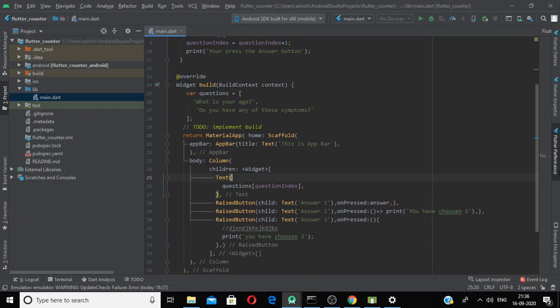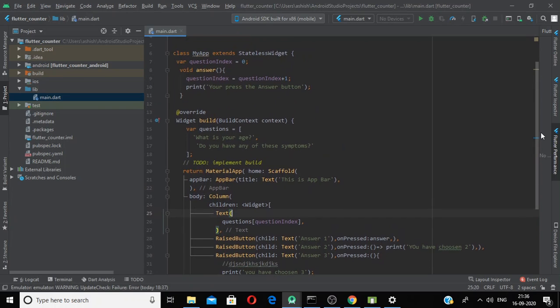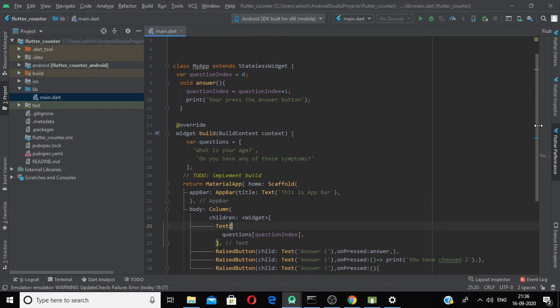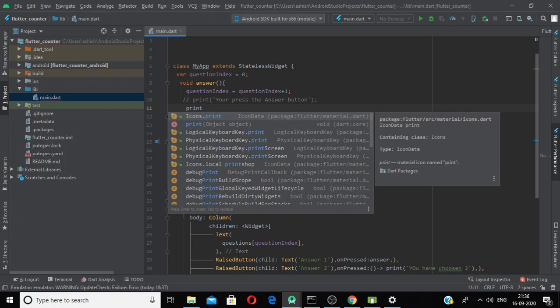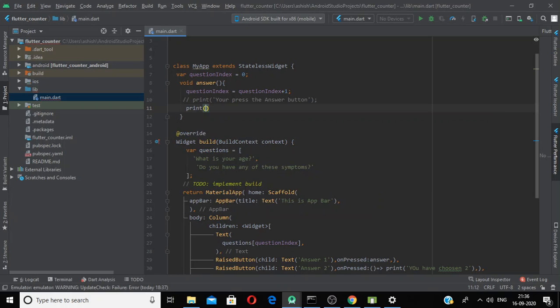So now our basic logic is ready, but we can do one thing. Instead of printing this, we want to check whether this value is getting updated every time we press answer 1. So I want to check its value every time I press.